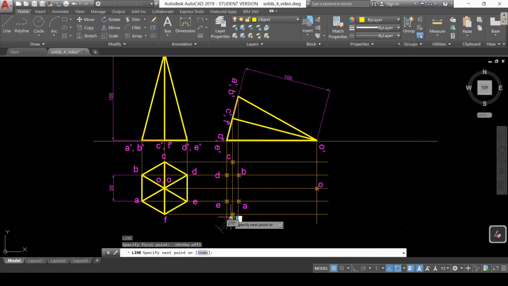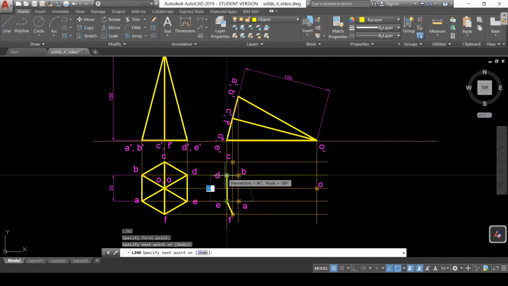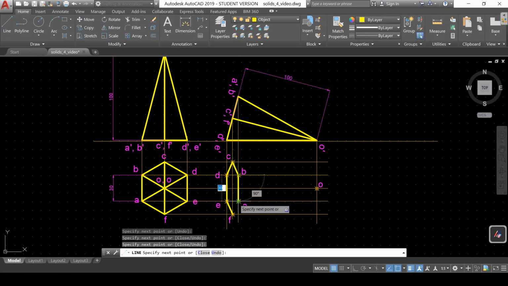Now just connect this. So this is the base, and